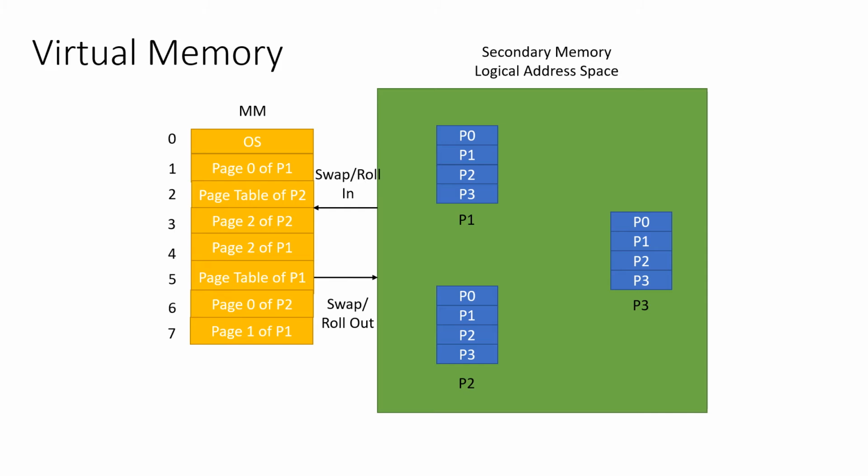Now we'll see what is the concept of virtual memory. What is the meaning of virtual? Which is not physically present. It's a concept. There are two significances of virtual memory. First, it provides the illusion to a programmer that a process whose size is larger than the size of main memory can also be executed. It gives the illusion to the user that main memory is equal to secondary memory. But is it true? No, because secondary memory size is much more than main memory.